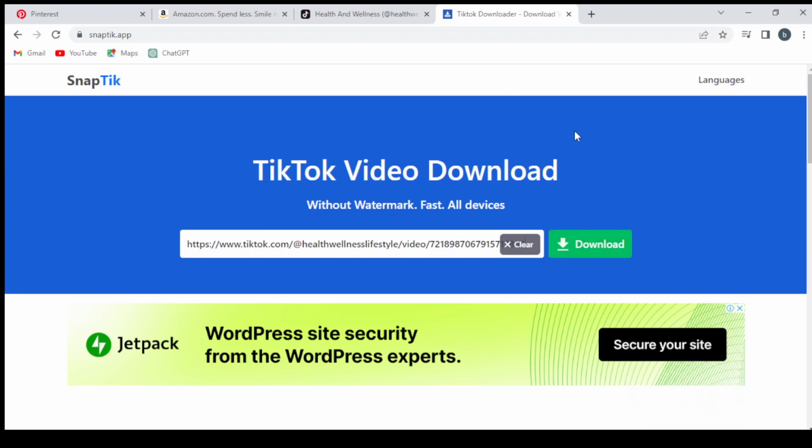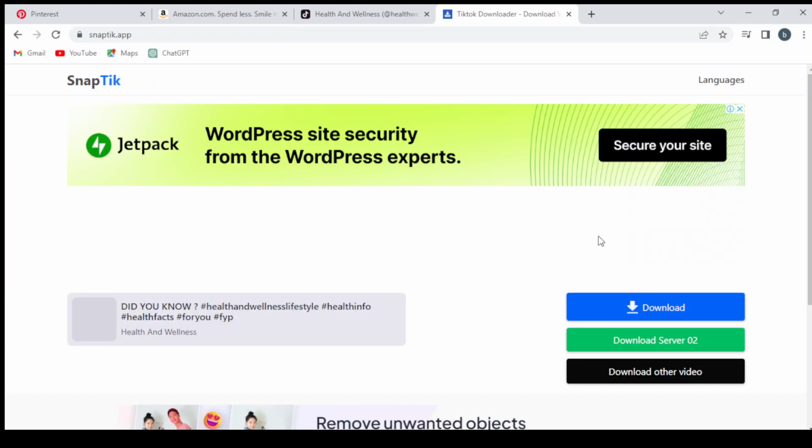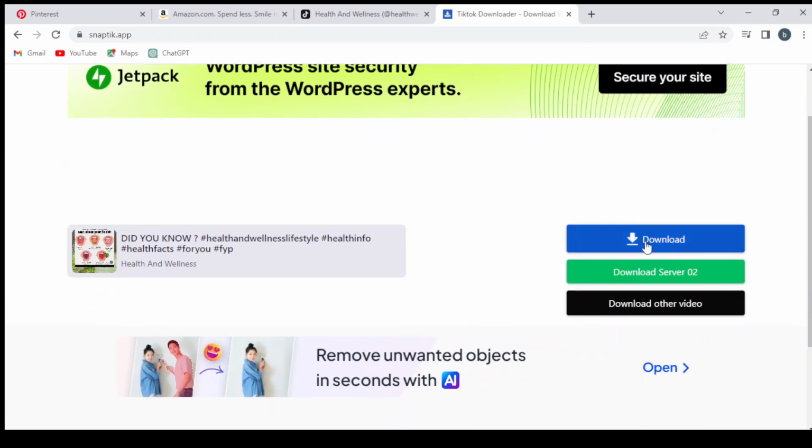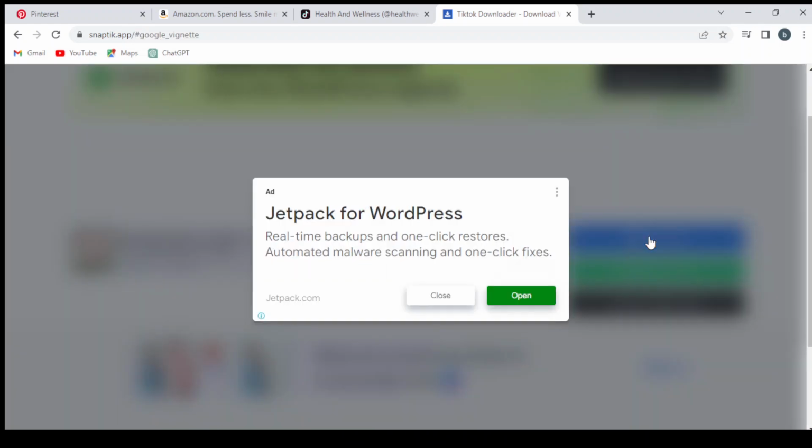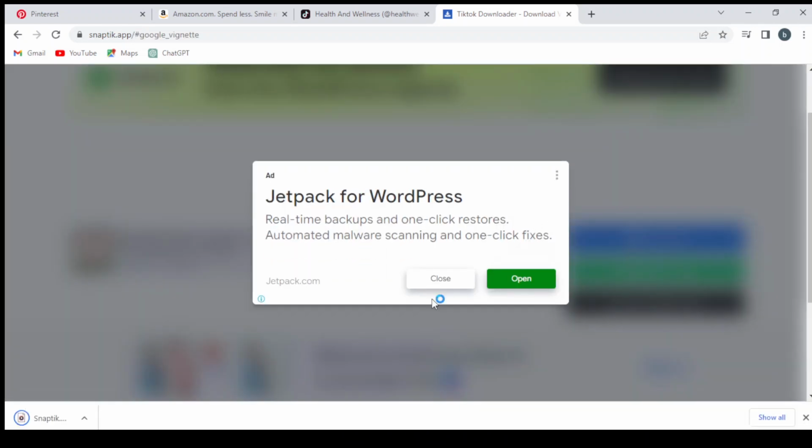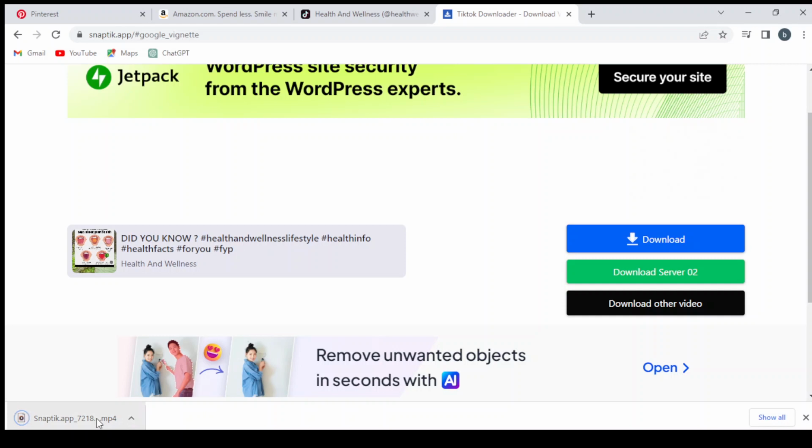And why I prefer this platform? Because it downloads the video without the watermark. So we click download, we close this ad, and our video is being downloaded. So you can close this tab,